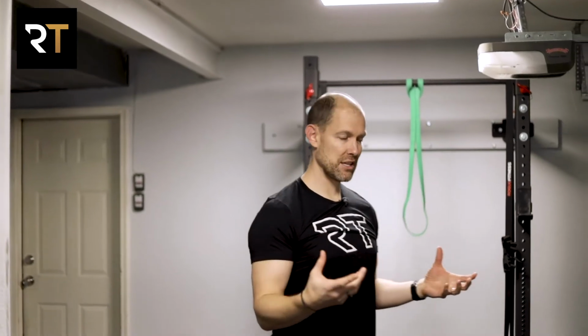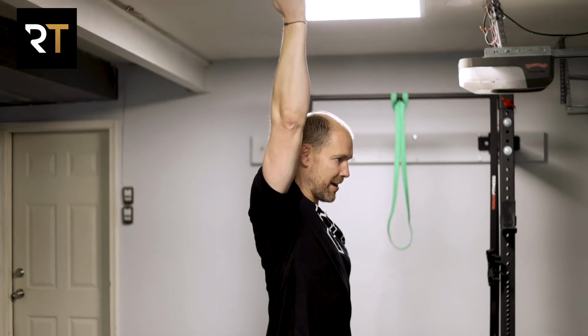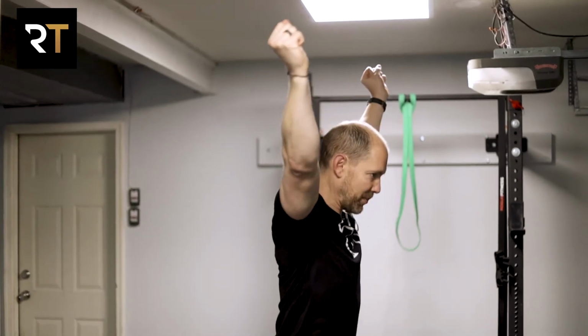And what we're going to start with today is our first upper body movement archetype. It's what we call the overhead position. Overhead position has a lot to do with that ability to position your arms in such a way that your shoulder is stable. So if we're talking about lifting or being in the gym, it's that ability to press something overhead or to hang from the bar or to catch the bar if we're talking about an Olympic lift